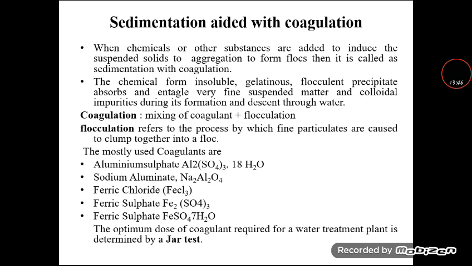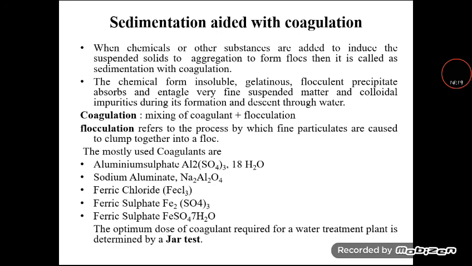For coagulation, the exact quantity of coagulant is required, because if we add more, our cost will be wasted. So we have to find out the optimum dosage of the coagulant required for that amount of water. That may be 2 ml, 3 ml, like that. According to the need, we have to decide the quantity of the chemical used for this purpose, and that may be determined by means of a jar test.